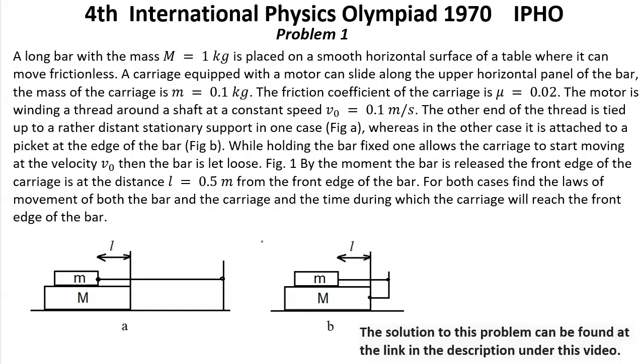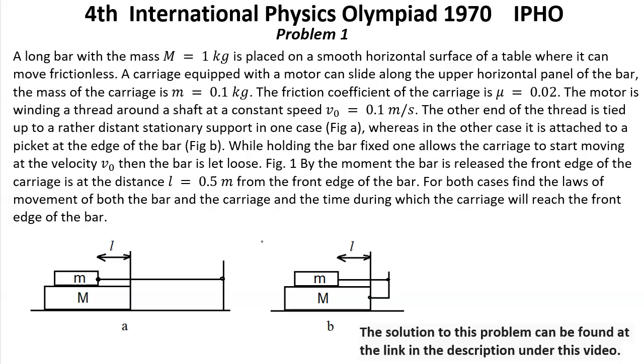4th International Physics Olympiad, year 1970. IPHO. Problem number 1. A long bar with a mass big M equal 1 kg is placed on a smooth